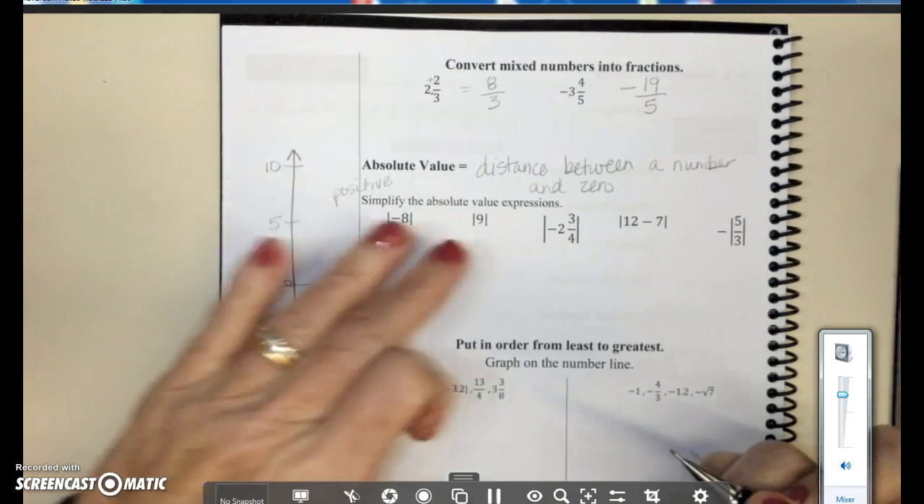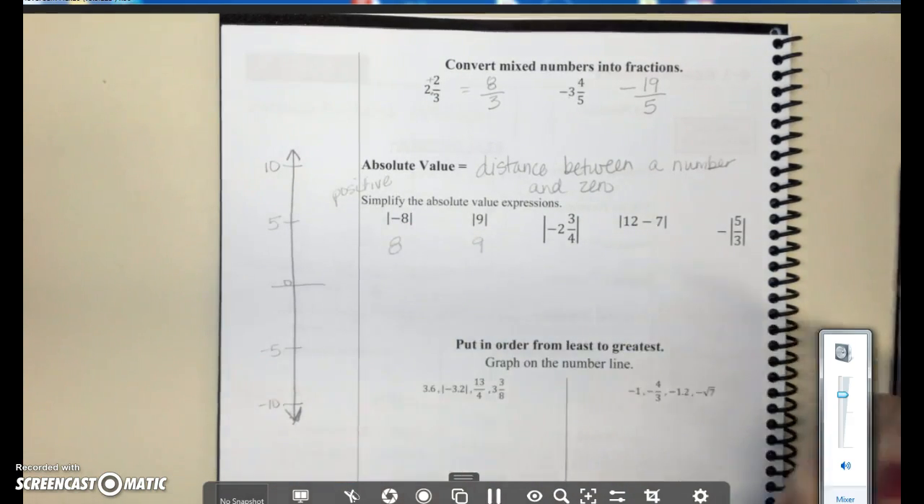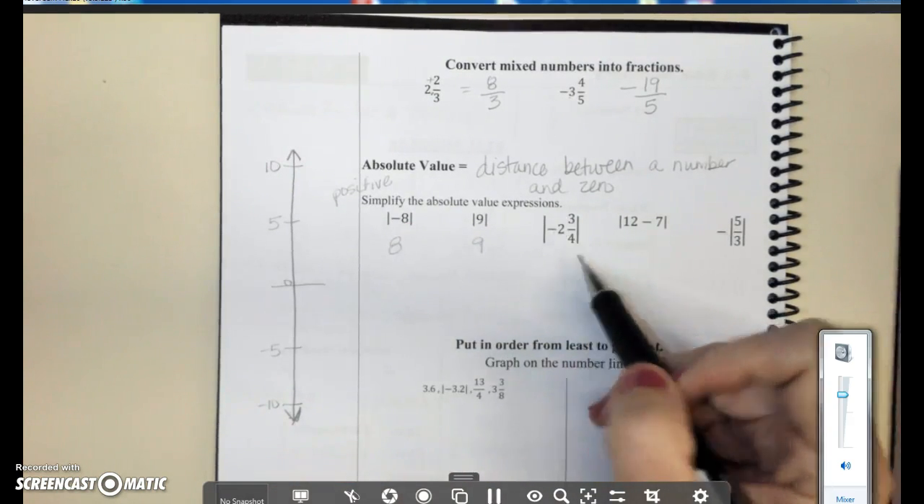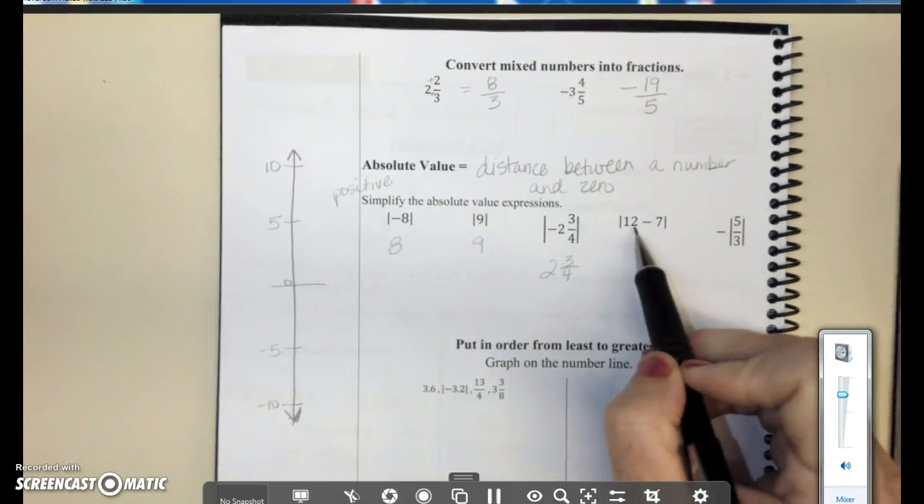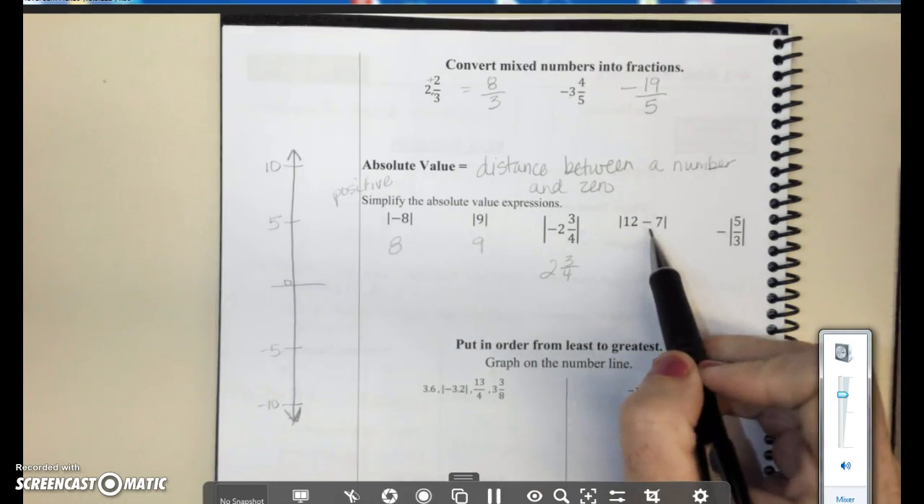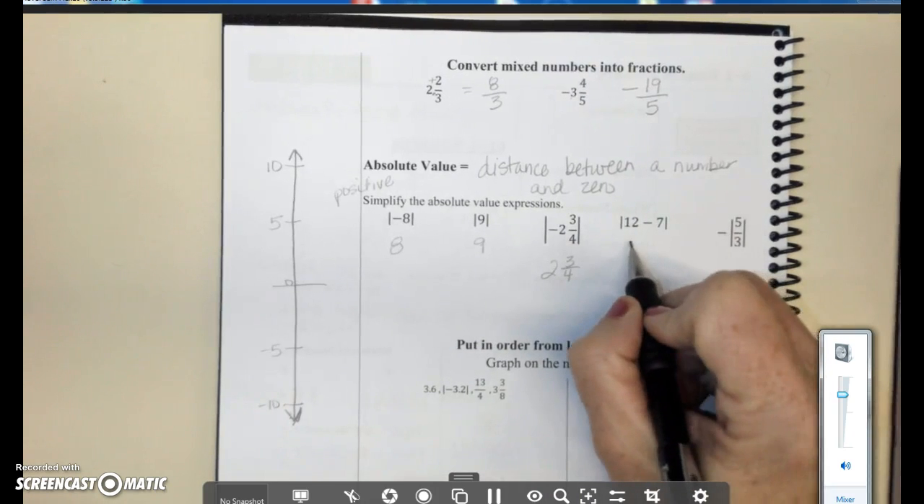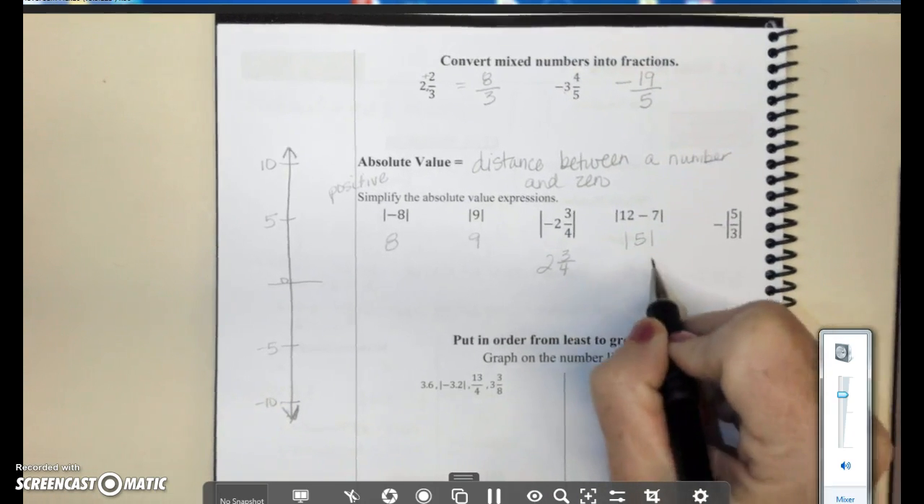Easy. Absolute value of 9 is just 9. Absolute value of negative 2 3/4 is just 2 3/4. Here you're going to make that calculation first. So 12 minus 7 is 5, and the absolute value of 5